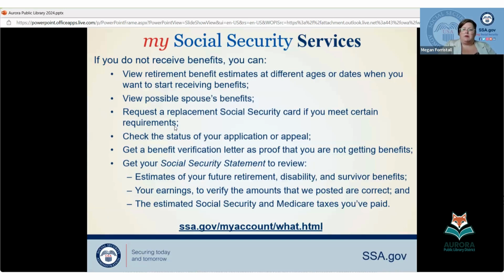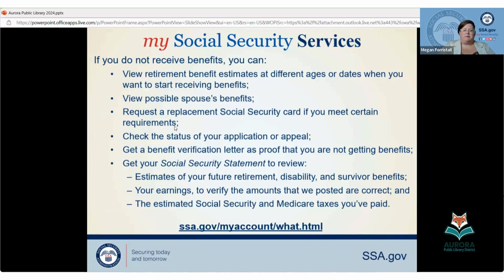So anyone over the age of 18, just straight replacement card, and they're expanding more and more what you can do for cards. Like some states, you can do your name change if you're married or divorced on it. Right now in Illinois, we're just doing regular replacement cards. But those are a big workload. So if you can do them online, it saves you having to take off work and come into the office with your driver's license or state ID.